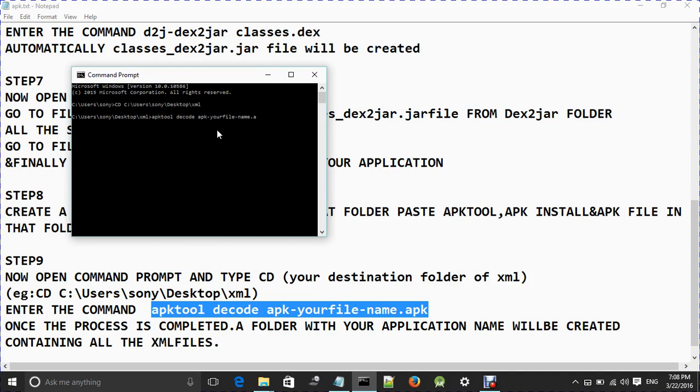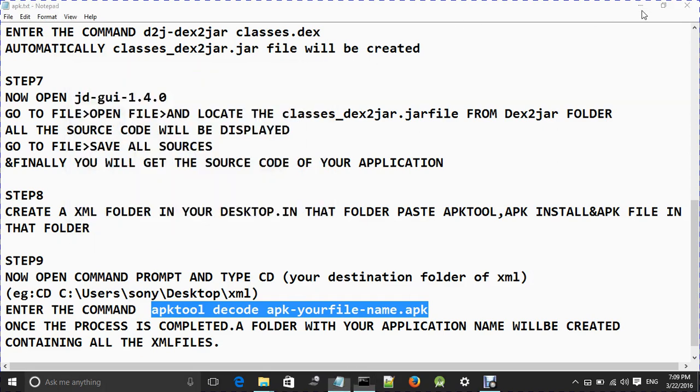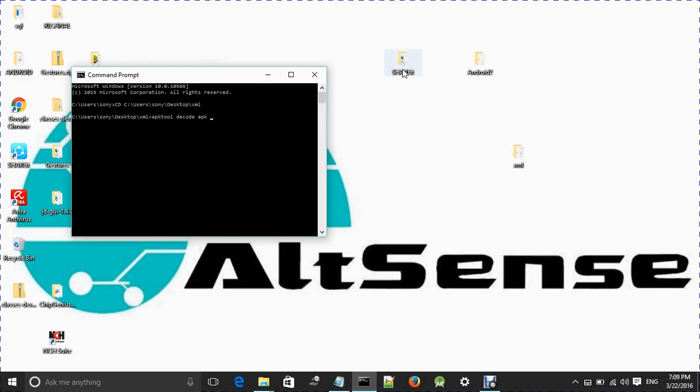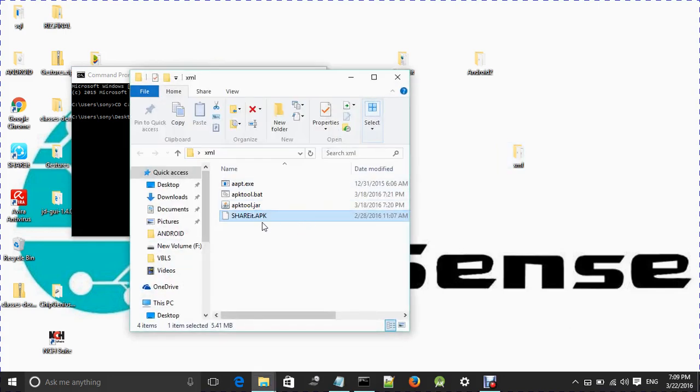In my file name, I will put Sharit .apk, because here it is, my APK file, Sharit .apk.